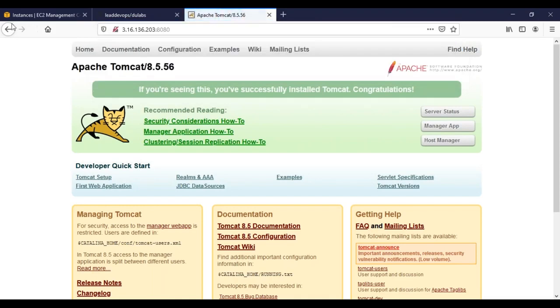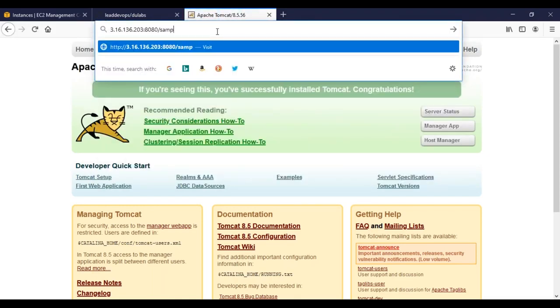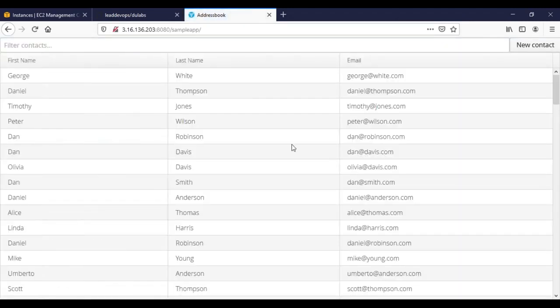8080. Now it launches the Tomcat team when I access 8080. But if I want to access my application, there will be a context URL, like google.com, something like that. Sample app, I'll do it. If you see, my sample app application will be launching right now. This is a simple address book application